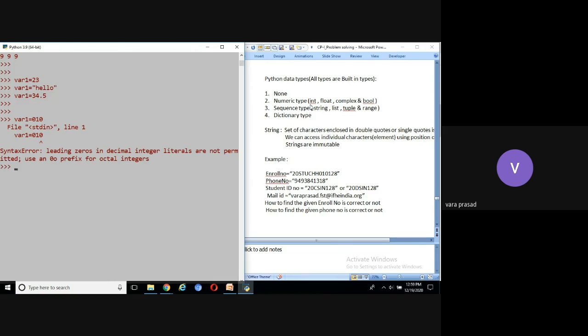If I write variable 1 equal to 10, it will take. Variable 1 equal to 0, it will take. Variable 1 equal to 00, it will take. If I write variable 1 equal to 010, it gives an error. What is the reason?